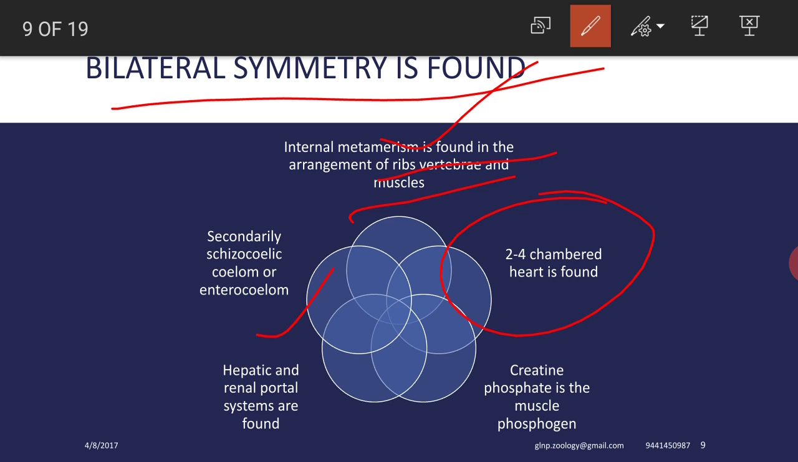And hepatic and renal portal systems are found in chordates. And coming to the coelom, it arises from the pouches of archenteron. We know that archenteron is the primitive gut that is found in the embryonic conditions, and it undergoes some sort of modification. It develops some sort of pouches, and these pouches constitute the coelom. That means if the coelom arises from the archenteron, such a coelom is called enterocoelom,